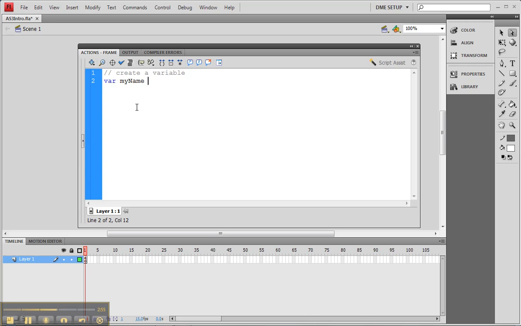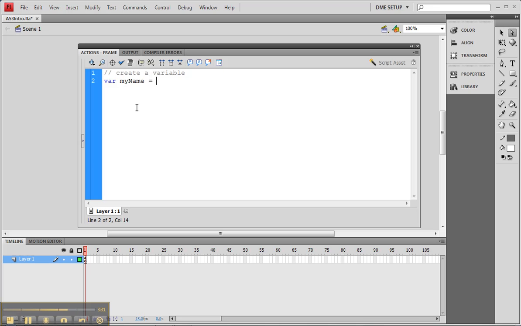The next thing that we're going to put is a space, and then we're going to use an equals. Now, this is what's called an operator. And operators are used to do all sorts of stuff. We can add and subtract math, so we could have plus or minus, and we can have an assignment. An assignment operator is the equals. We can have addition and subtraction, mathematical operators, and we can even have comparison operators, and that would be the double equals. But we're going to have an assignment one here, and that means var myName equals,